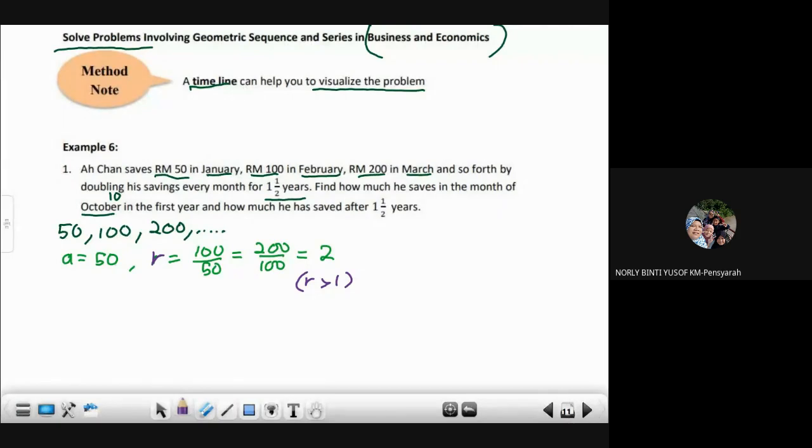Okay, but the first question asks: find how much he saved in the month of October. It means this is the first one. So it asks how much he saved in month 10. That is counted as the end term, because it asks what the amount is for month 10. January is T1, February is T2, March is T3. So first find T10, using the formula ar^(n-1), so 50,